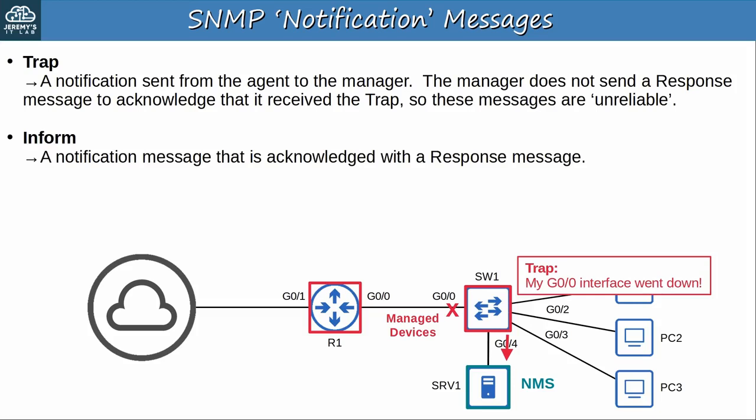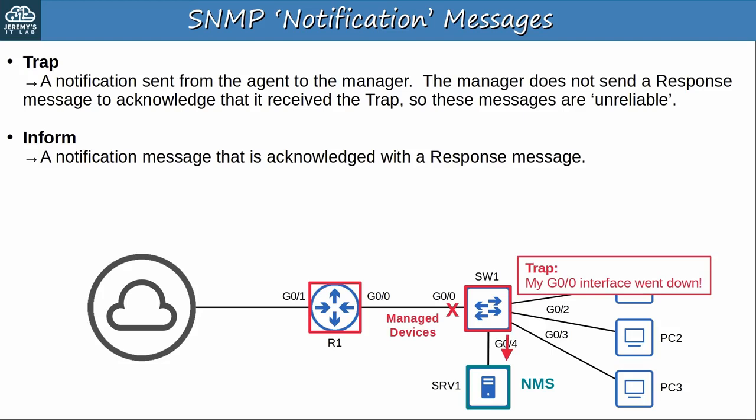Okay, the next kind of notification message is the inform message. It's like a trap message, but it is acknowledged with a response message. So even though this message is sent with UDP, not TCP, there is reliability built into the message itself. If switch 1 sends an inform to server 1, server 1 will send a response to tell switch 1 that